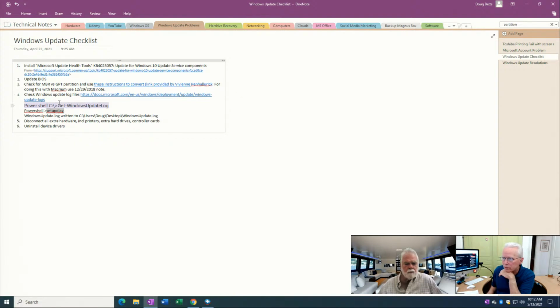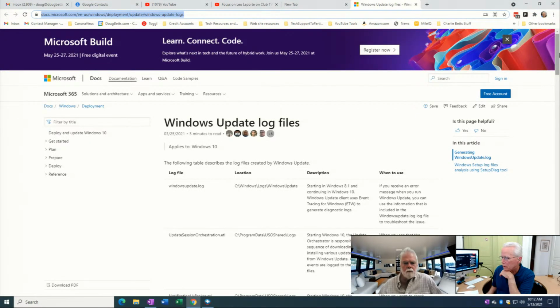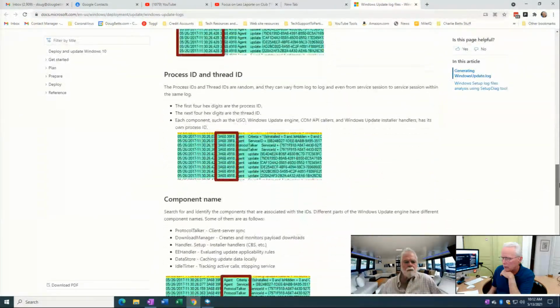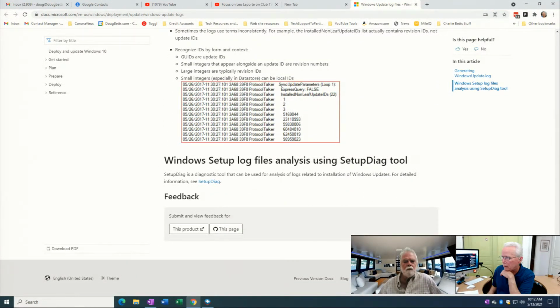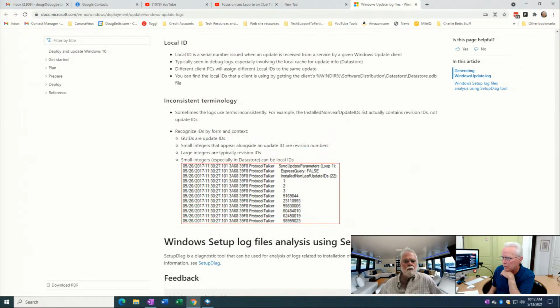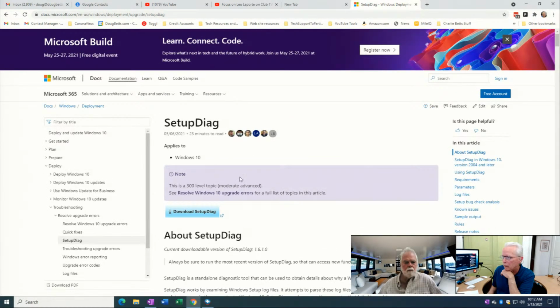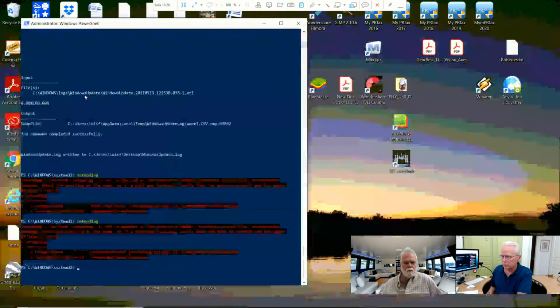Okay, so here's this Windows Update log files. I don't think there was any download for that. There's setupdiag, but setupdiag is supposed to come with Windows now. There's a download setup diag. Okay, so I'm going to copy that URL, Control C after clicking on it, and then switch back to Luis's computer,